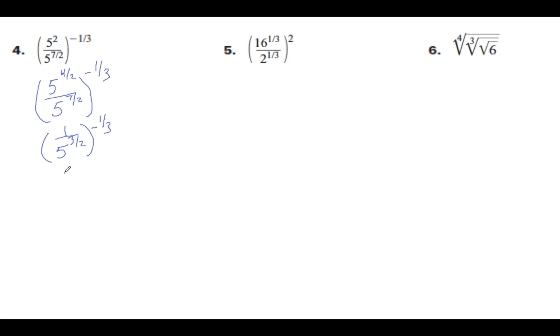So negatives, we're going to flip this upside down, so this becomes 5 to the 3/2 power raised to the 1/3. So it's 5 to the 3/2 times 1/2. So this is 5 to the